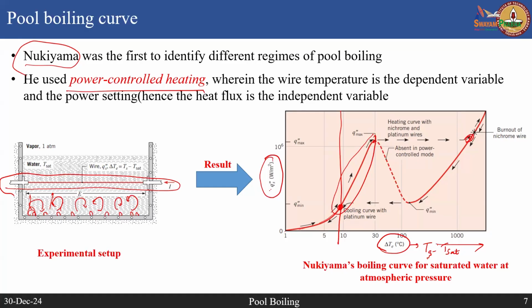Now, he was surprised that such a small change in the heat flux beyond the critical heat flux has completely changed the surface temperature to such a large extent, resulting in the failure of the heater, and therefore there is something happening here. And of course, visually he could see that those nucleating bubbles have become much larger, to the extent that there is a thick film of vapor completely coating the heater surface. So, there was a vapor blanket. This mode of heat transfer he referred to as film boiling,